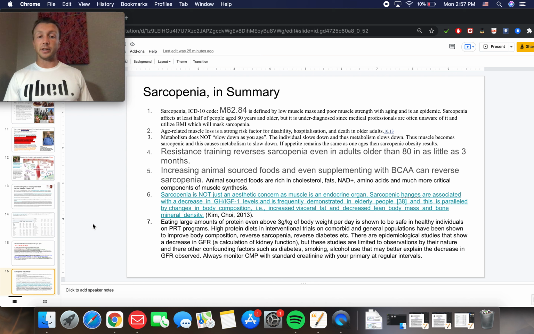And eating large amounts of protein, even above 3 grams per kilogram of body weight per day, is shown to be healthy and safe in healthy individuals on progressive resistance training programs. High protein diets in interventional trials on comorbid and general populations have been shown to improve body composition, reverse sarcopenia, and reverse diabetes. There are epidemiological studies that show a decrease in GFR, but these studies are limited to observations by their nature, and there are other confounding factors such as diabetes, smoking, and alcohol that would better explain the decrease in GFR observed. And I would always recommend monitoring your renal function with your primary care doctor when on such a diet, just to